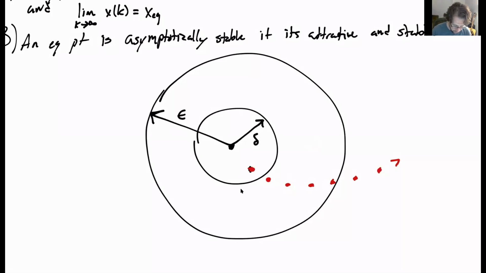All right, so like I said, we could have multiple different types of solutions. Let's say we have a stable solution that's not attractive, right? So we start, again, epsilon distance away, and then we're jumping out like this. And remember, they're discrete points.